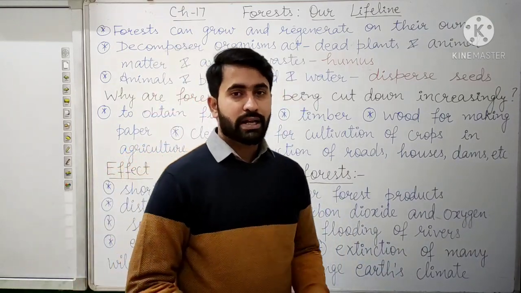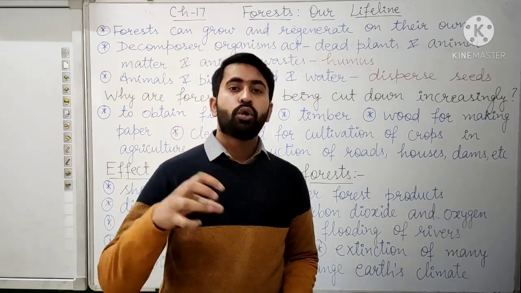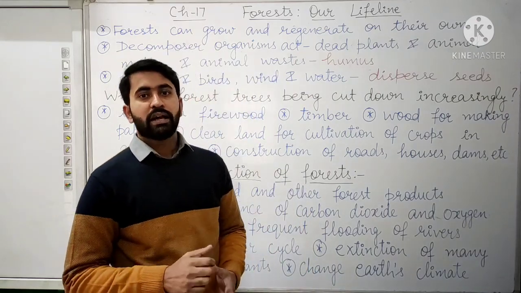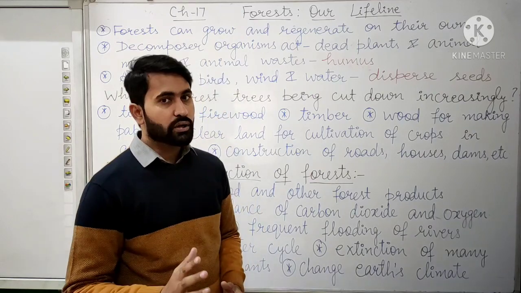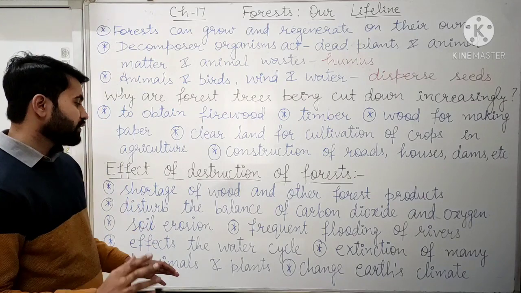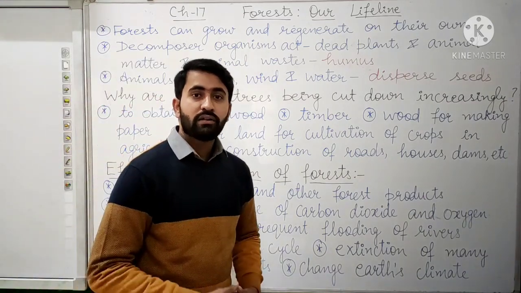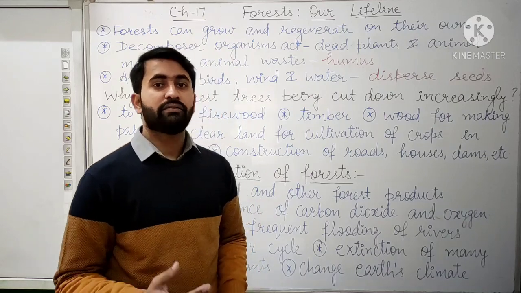We also know that the roots of the trees and plants hold the soil together and prevent soil erosion. Now the destruction of forest will cause soil erosion, leading to infertile soil in which we